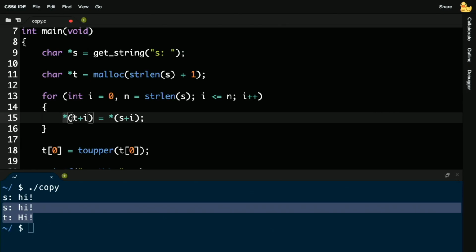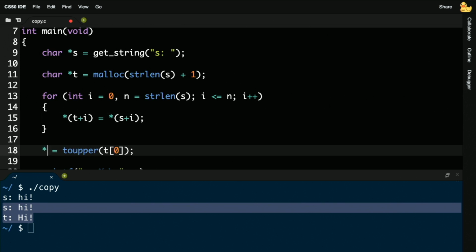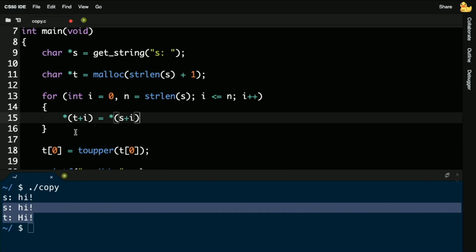The square bracket notation is the same thing as pointer arithmetic. So if you want to go to the address at t plus whatever i is to offset yourself 1 or more bytes, you can totally do that. And if I want to be fancy, I can go down here and say go to the first character in t and capitalize it. But even though you're very clever in that you understand pointers and addresses at this point, if you're writing code like this, it's not necessarily as readable. So sticking with week 2 syntax of the square bracket notation is totally reasonable, totally correct, totally well designed, and perhaps preferable.